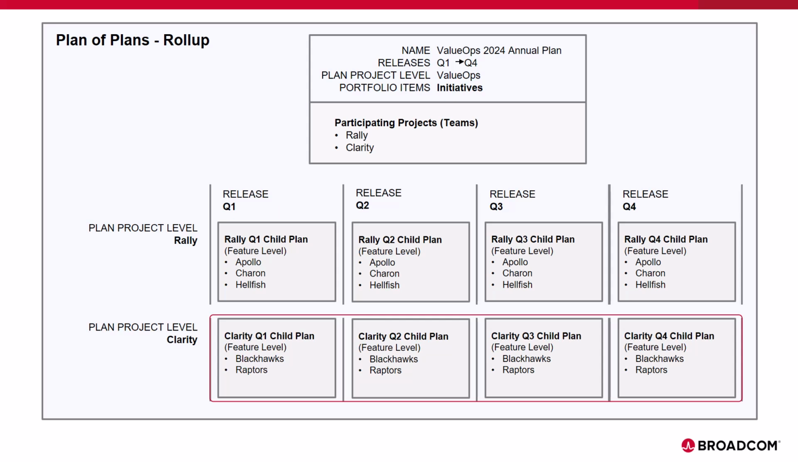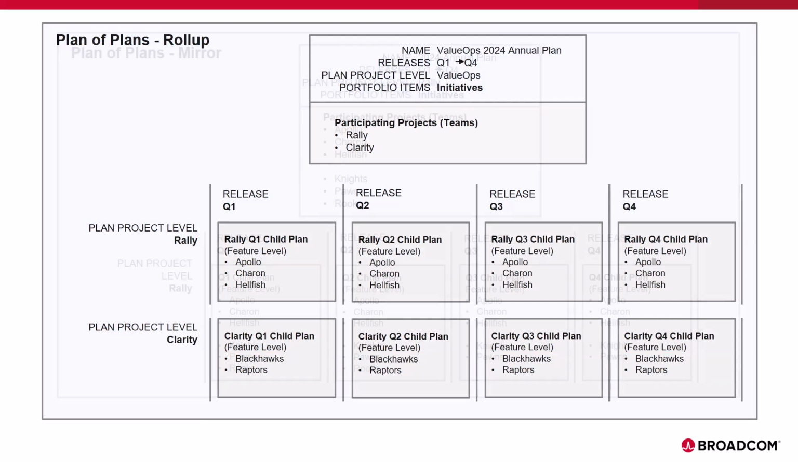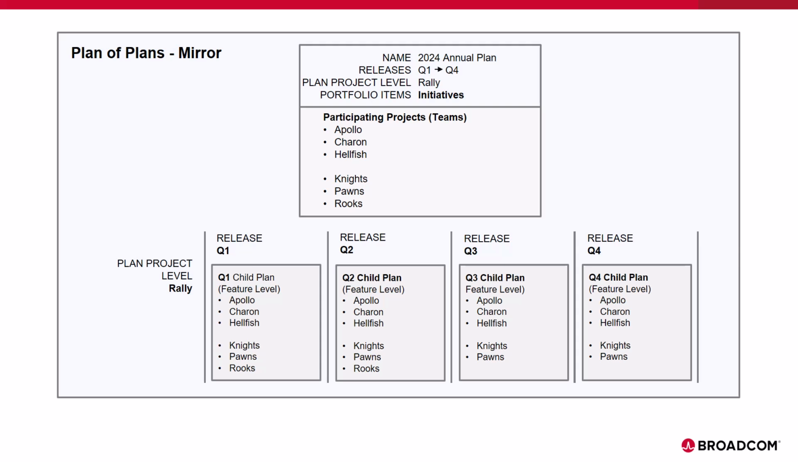We also added one plan for each quarter for Clarity. These were created at the Clarity level of our project hierarchy and at the feature level of our portfolio hierarchy. These release plans include the individual teams that make up the Clarity team of teams, and those are the Blackhawks and the Raptors. The next diagram shows a mirror plan similar to the one that we described for Rally and